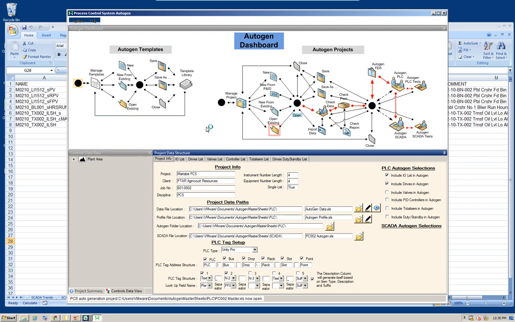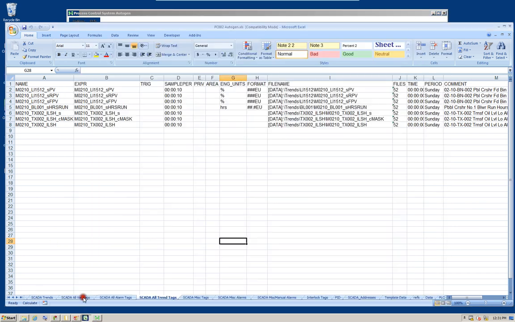But in general, the SCADA auto generation process is just pushing buttons and then cutting and pasting tags in the SCADA databases. For this particular case, as I said, we are using the Citect SCADA. So let's proceed by just seeing what the SCADA auto generation sheets look like. So let's go to the auto generation sheet for SCADA, and